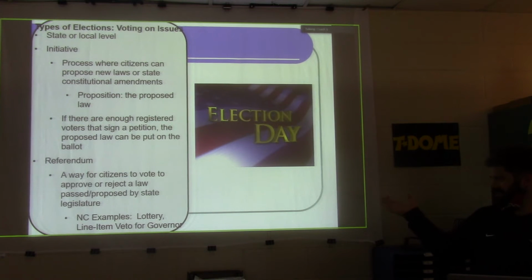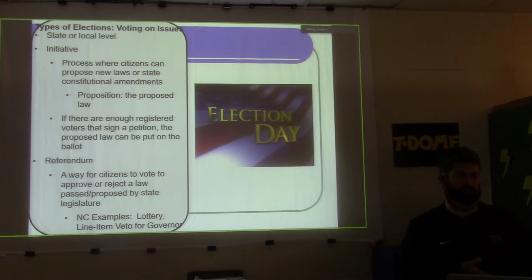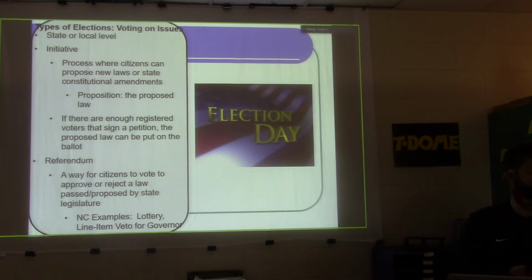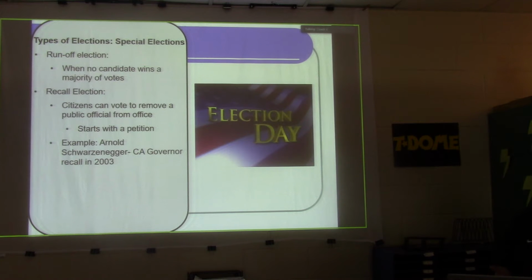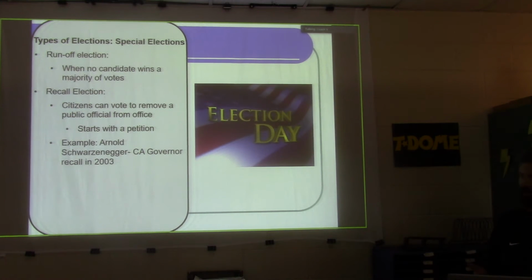So in North Carolina, we actually didn't. The governor didn't have the power to veto anything at one point, but then it went on the ballot. We voted that, okay, we think that he or she should be able to have that power, and now they do. Runoff election, so when no candidate wins a majority of votes. This happened recently in Georgia. So they'd have a runoff election after pretty much nobody wins the majority of votes, because several people were running, and then we have a runoff of the top two candidates.